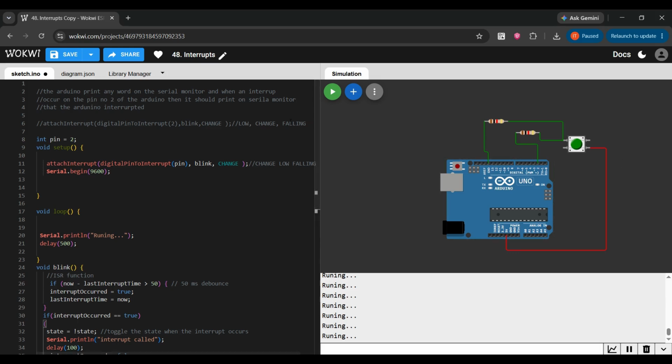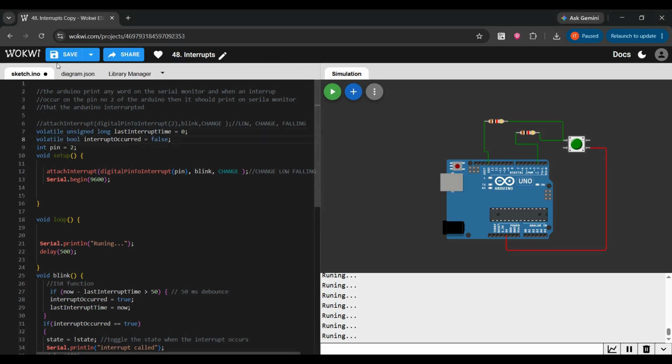So there are a few variables to define. Let me add the global variables over here. Let me save this and let's